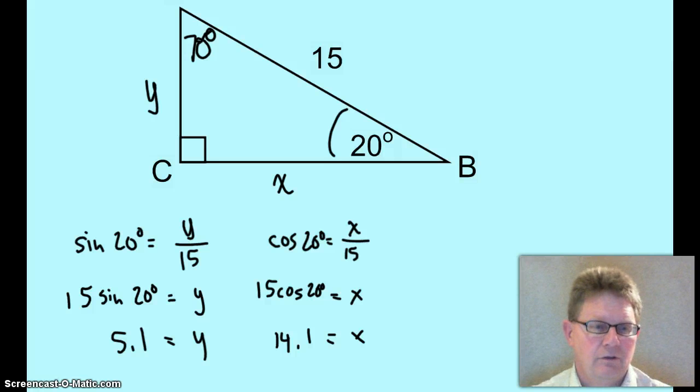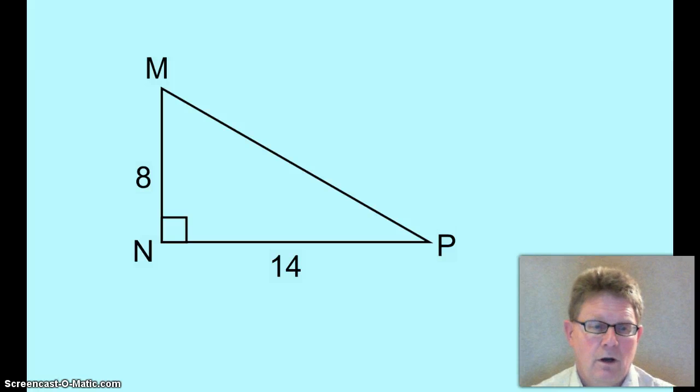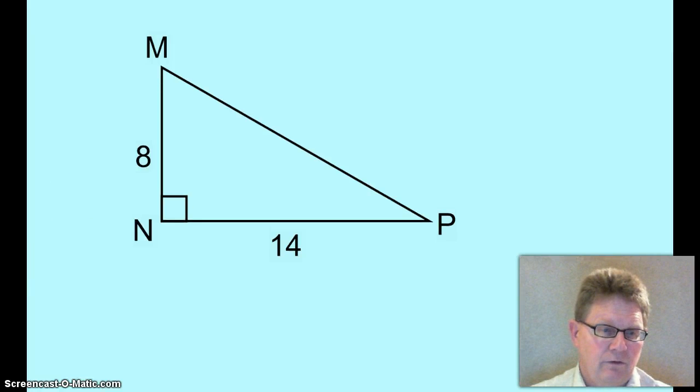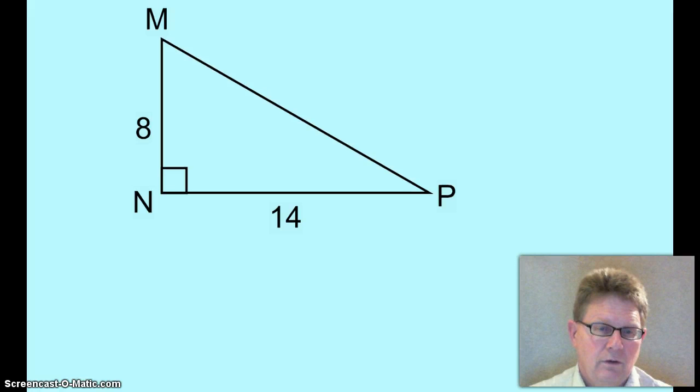Let's try another one, this time with two sides. Alright, this time you're given two sides of a triangle and the right angle, and you need to find both angles and find the hypotenuse. I think this time finding the hypotenuse is the easiest thing to do. We'll use C for the hypotenuse, so